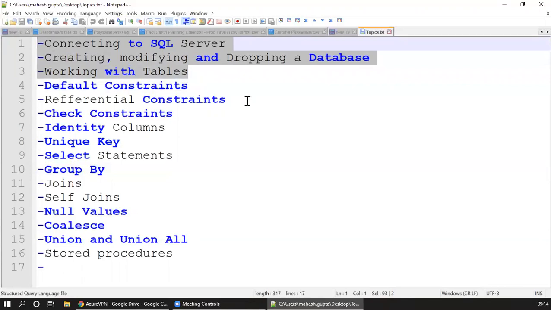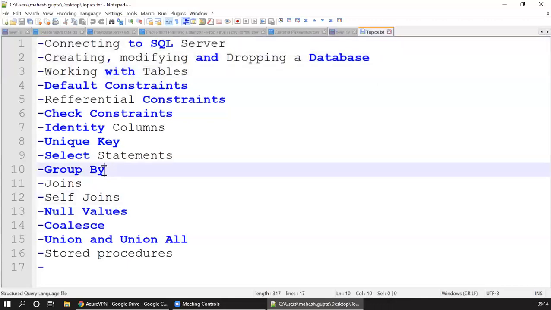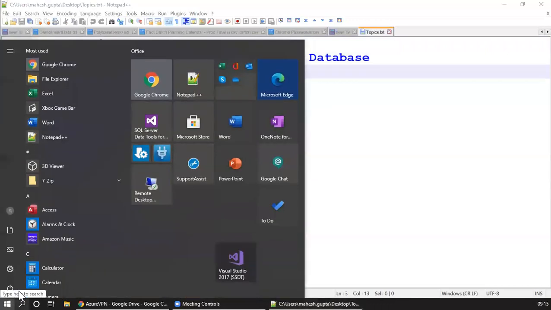So very first step, as I had explained yesterday, to do all this, you need to install SQL Server Management Studio. Any version is fine, and I think you should be able to download it for free from the Microsoft site. Once you download that, you can install it, and when you want to practice, you can practice on that. So once you install your SQL Server, the first step is to open it.